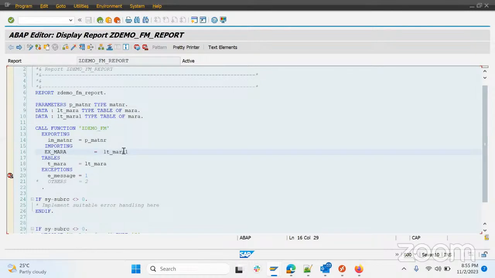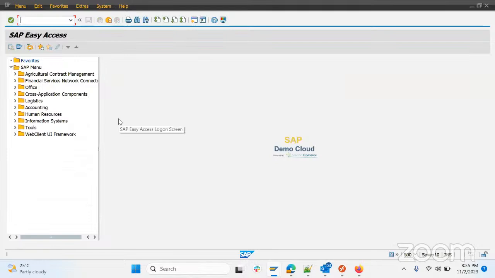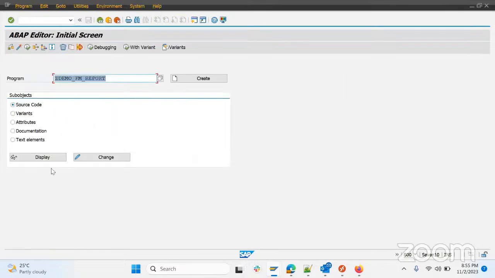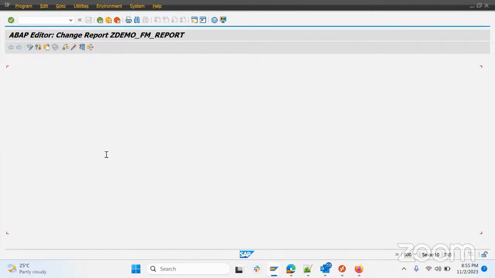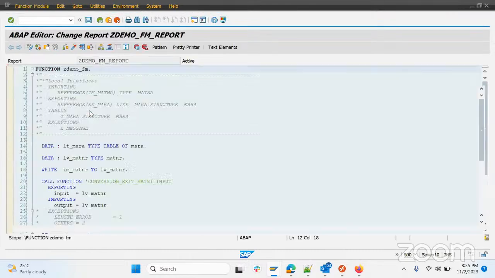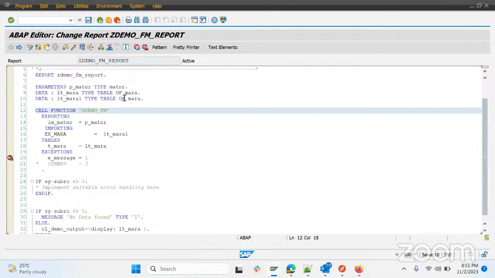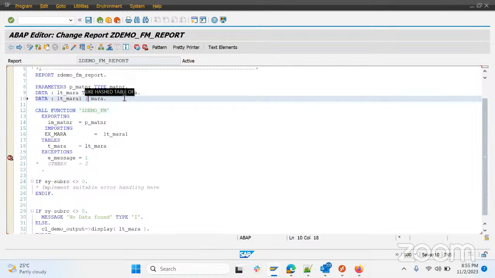So it should not give a dump actually, as both types are the same. Okay, let's change it. It should not give an error actually, but still it is giving an error. If someone knows the reason, you can write it down and I'll read it out. What we can do here is just use the like operator